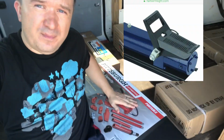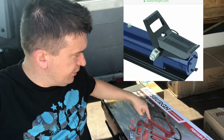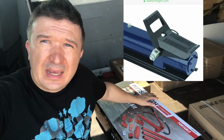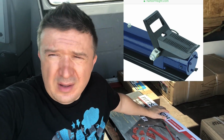I didn't know this could be done, okay? But apparently, this Porta Power thing has a hose coming off of it right here, and there's a pump. You could replace the mechanical pump with an air pump, and the air pump itself cost $159 at Harbor Freight, maybe like $149. We're gonna have to find it. There were a lot of choices on Amazon. I've seen them as low as